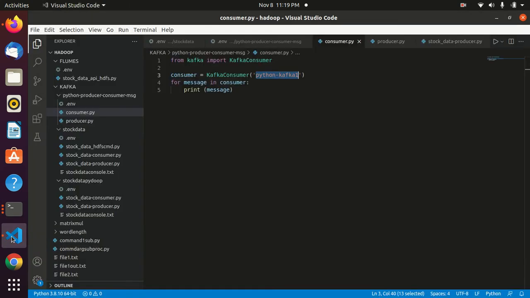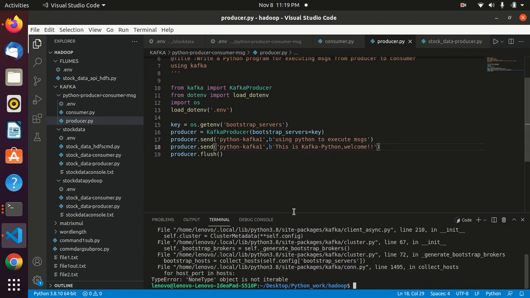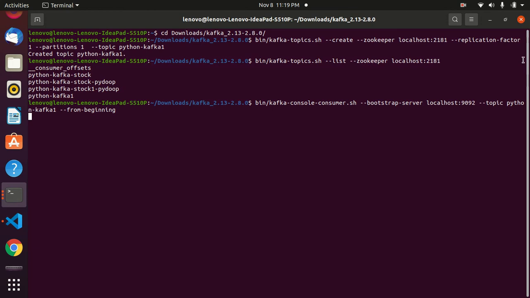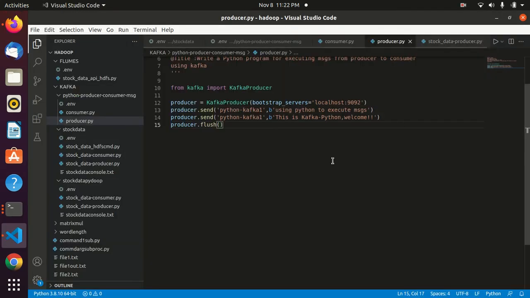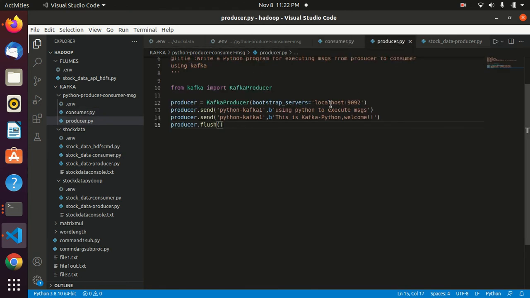Now in the Python code we will run the producer file. So let's run the producer. Here is the consumer file and here is the producer file, where localhost:9092 is used and we are sending the data.